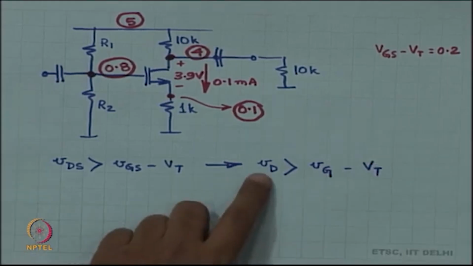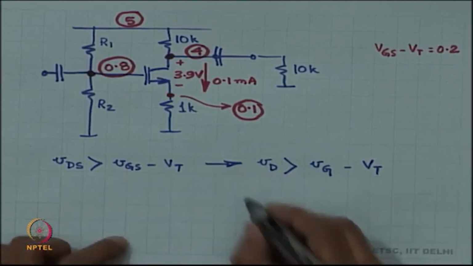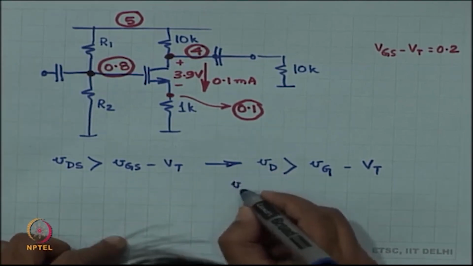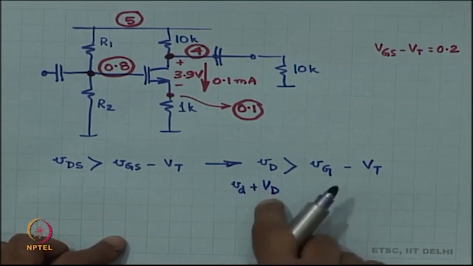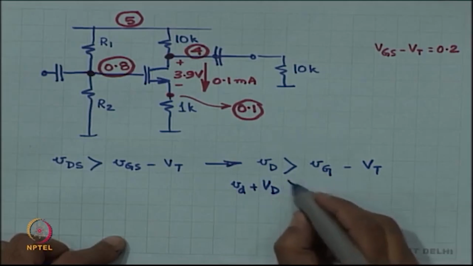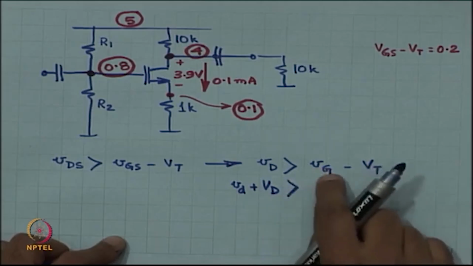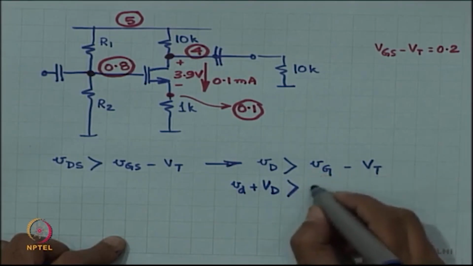But small vd, capital VD plus small vd, capital VD is 4, and capital VG is